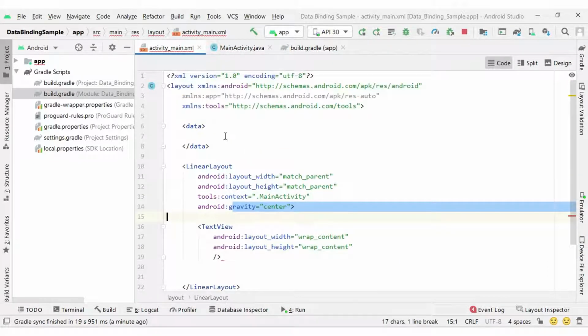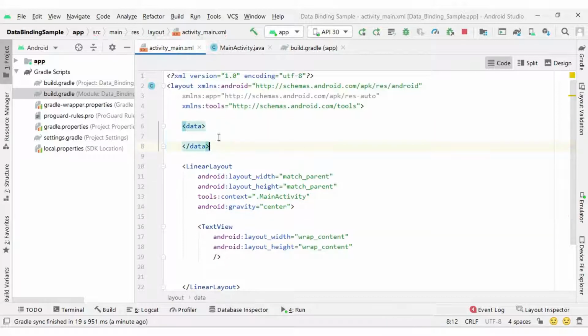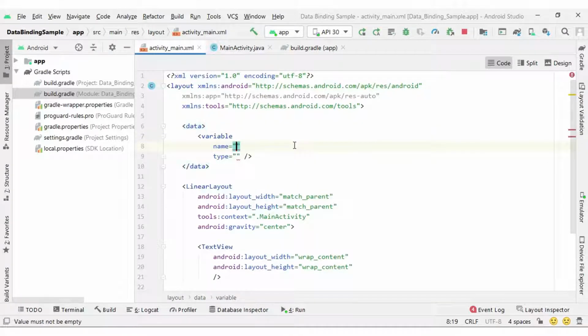Next, inside the data, you can see the data tag we have with data binding. Inside the data, you can declare a variable like this. Here you will get the variable syntax, and the variable name and type you need to provide. I just set the name message, just like a variable we declare inside our Java file. Similar to that, here you can declare a variable name and the type I have set is string. Next, this variable you can bind with your text view. Whatever value we set inside this variable, it will automatically get bound to our text view.